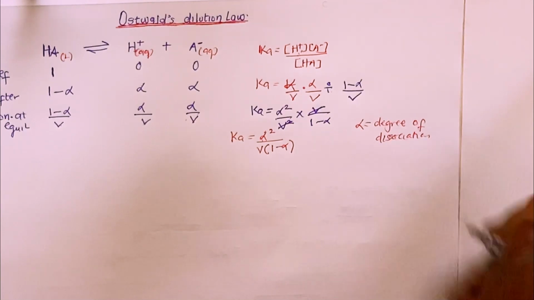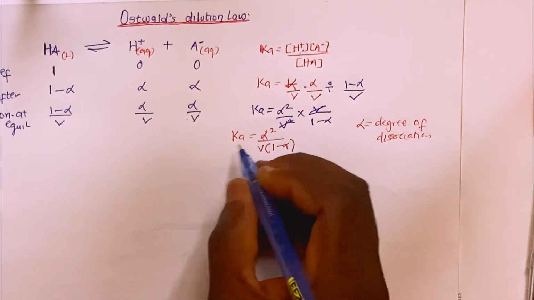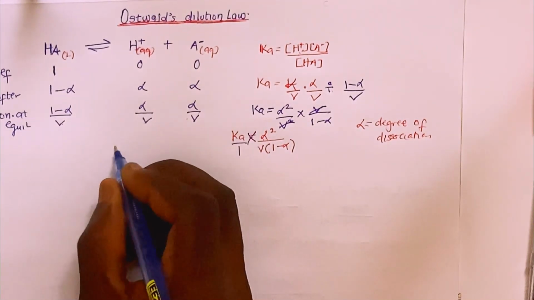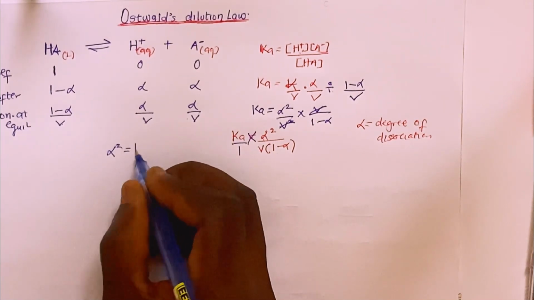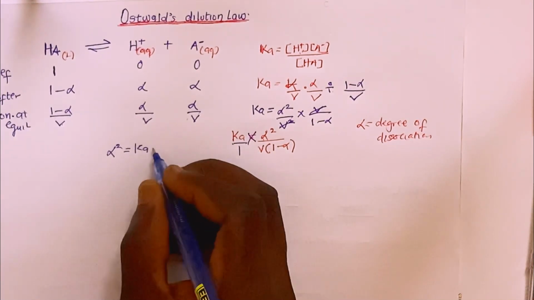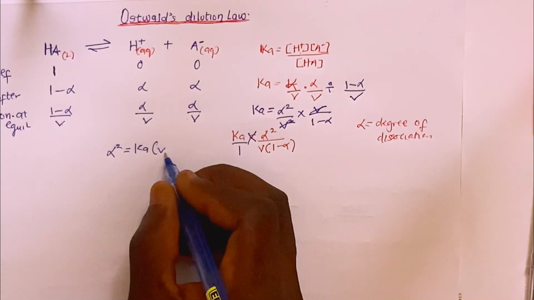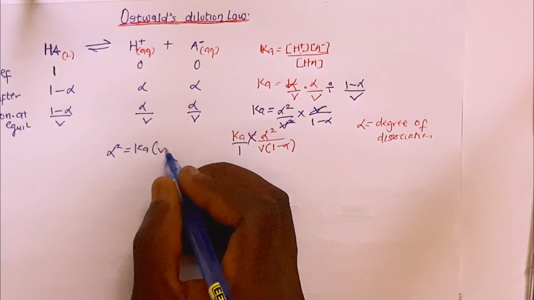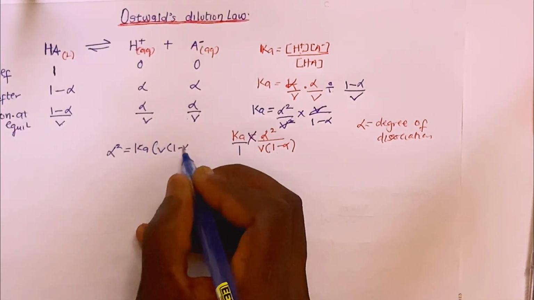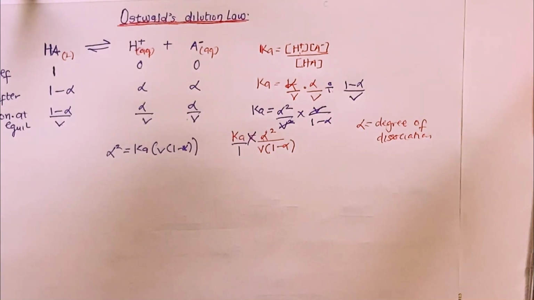So, degree of dissociation. I should have something like this, making this formula: my alpha squared is equal to Ka, then multiplied by my volume, times 1 minus alpha, right? In this case, since the substance I'm using here is a weak electrolyte,